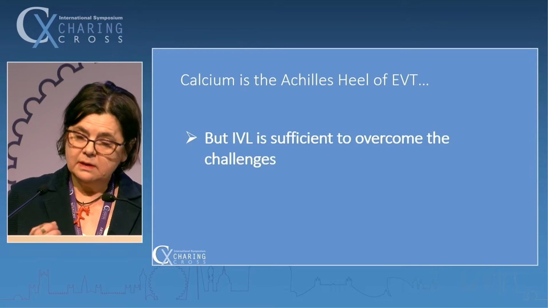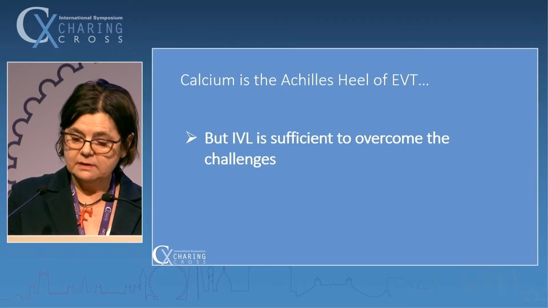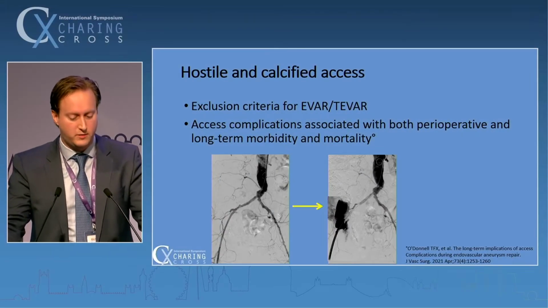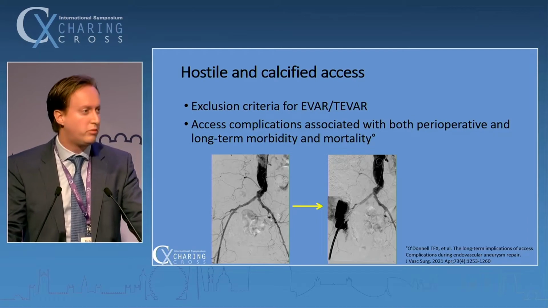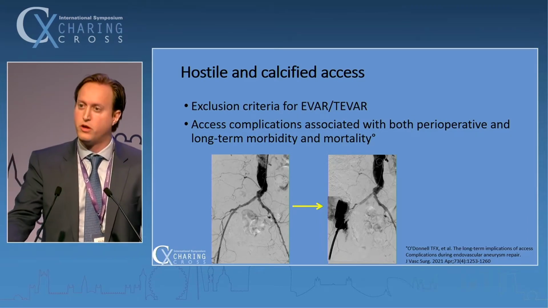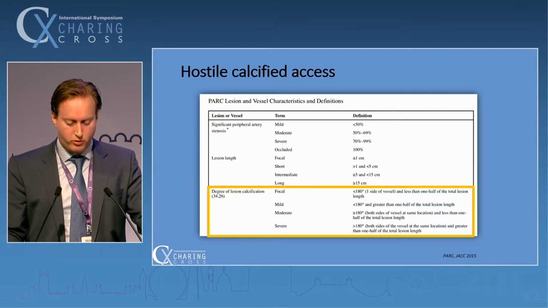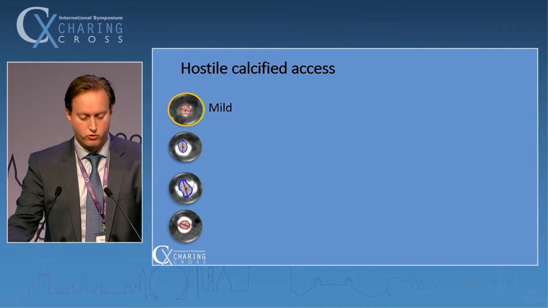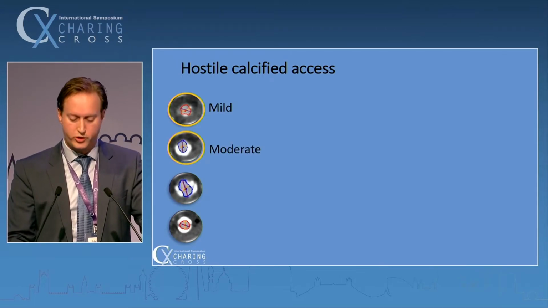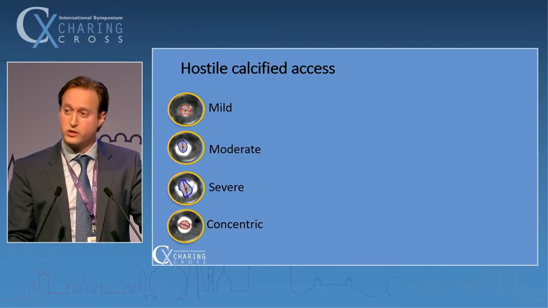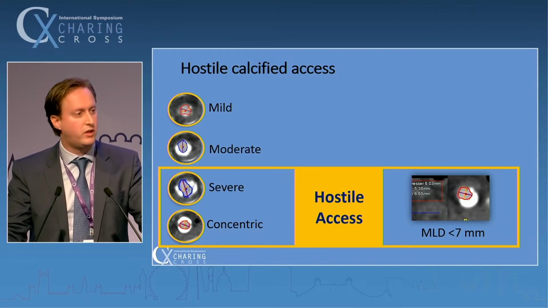So calcium is still the Achilles heel of endovascular therapy, but IVL is sufficient to overcome the challenges. We all know that hostile calcified access is an exclusion criterion for EVAR-TEVAR procedures, and those complications are always associated with both perioperative and, of course, long-term morbidity and mortality. We all know the PARC classification, but let me introduce you to a new type of hostile access criteria. We have the mild one, the moderate, as we all can appreciate, and then we come to the severe and the concentric ones, and these provide the hostile access, especially if the MLD is